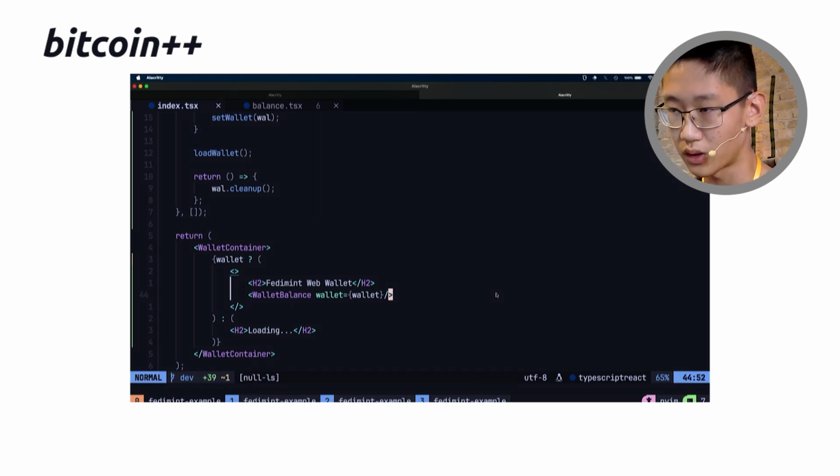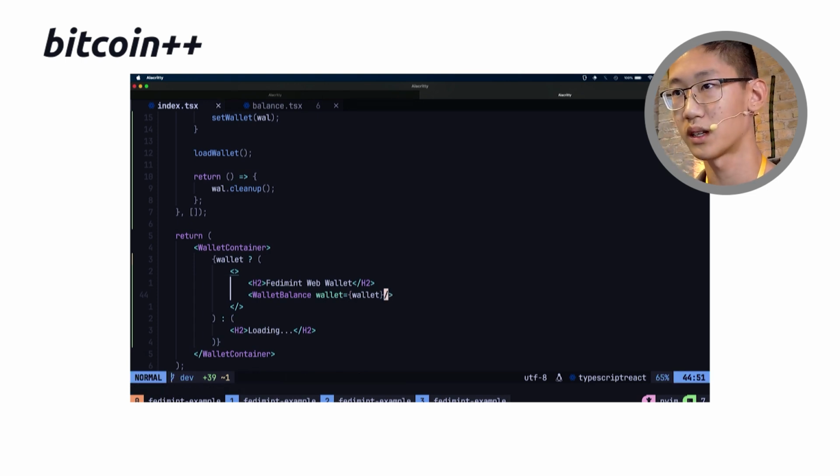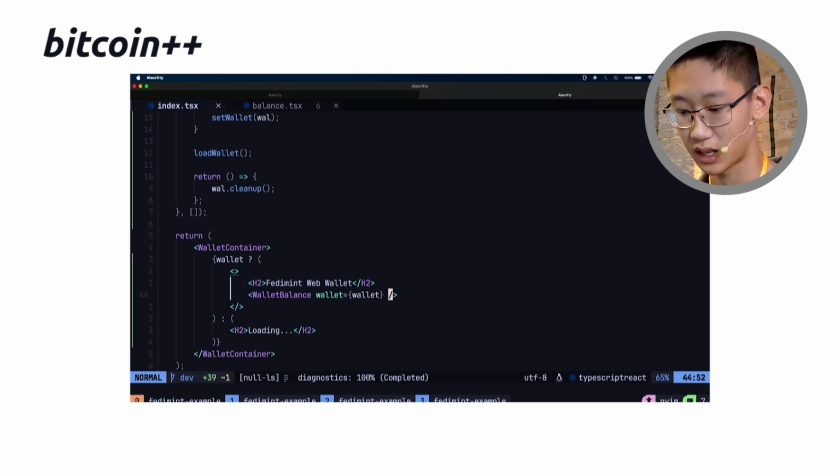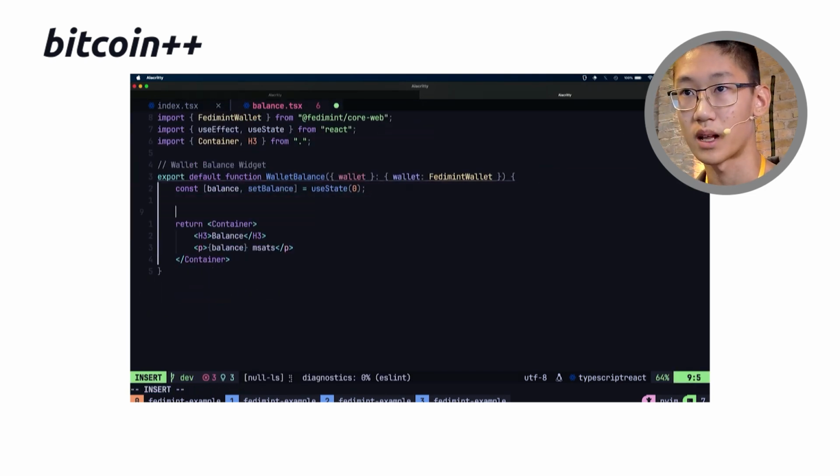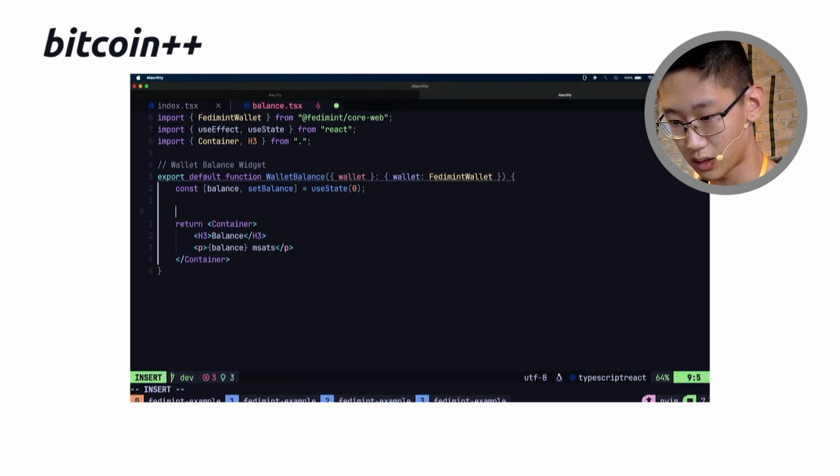All right, so if you are following along looking at the live localhost link, you should see we now have a wallet balance, and of course it's at 0. Now let's actually work on subscribing to the balance. So I'm going to pull in another snippet,